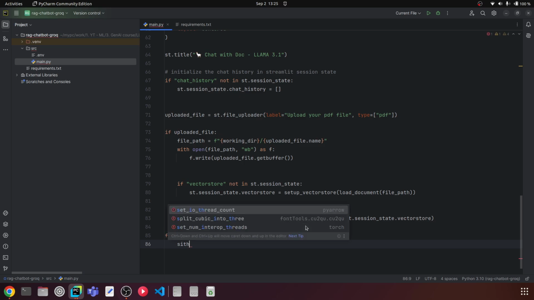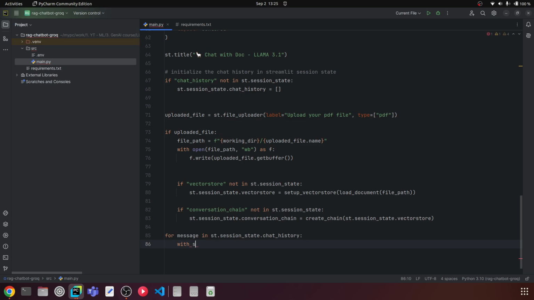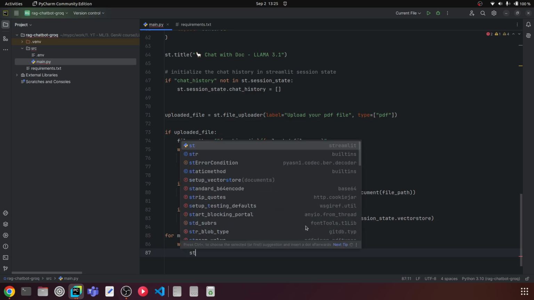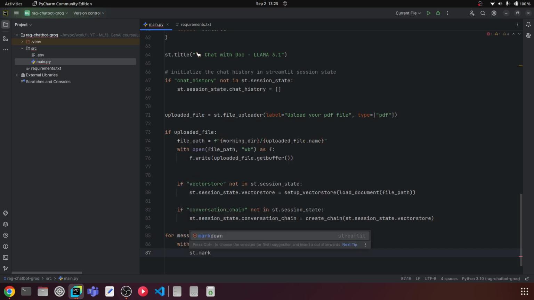with st.chat_message, and messages from the role, st.markdown. I'll complete this and explain this content to you. So we have a few lines of code. I'll complete this and explain all these lines. So here I'll say message of content, and then